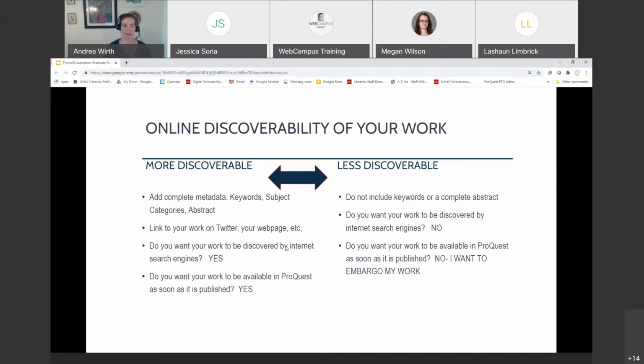Abstract: consider how you're writing your abstract. This is really the abstract that's inside the document, but it's still a point of consideration. Obviously, if you want to share your work once it becomes available, that'll help with discoverability. Share links to it, I guess, in social media. And then go to those questions that we covered a moment ago and say yes to both about internet search engines, ProQuest,